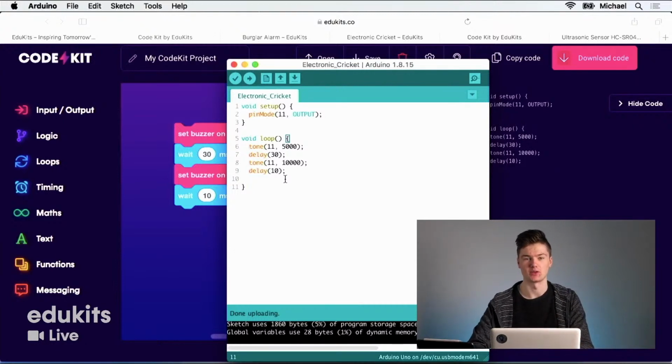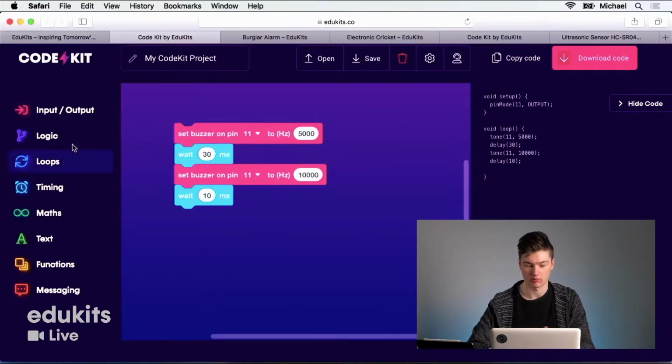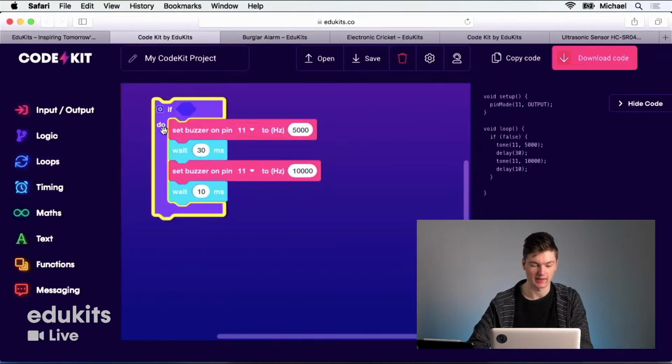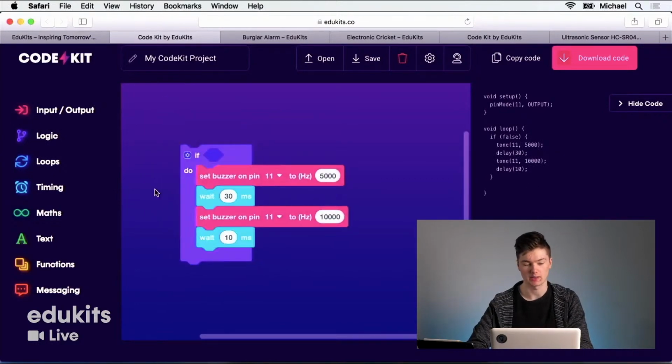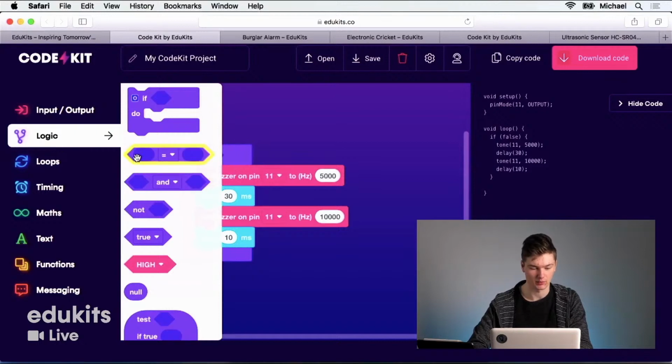Now all that's left to do is to trigger that only when there's no light. So let's grab our if block, which allows us to only do a certain action if a condition's met, and we'll bring in this comparison block from before.